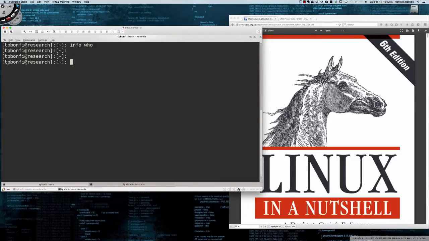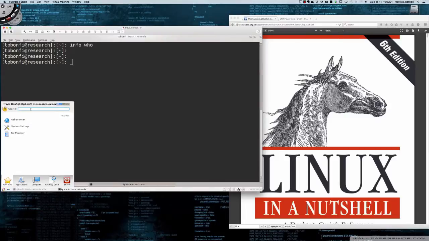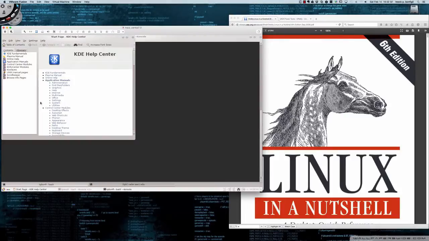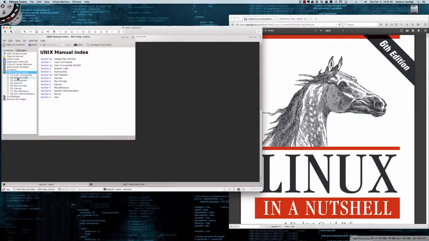Now, what you can also do, and I'm on, again, CentOS 7, and this is KDE as my window manager, if I just type in help and hit enter, you see the little life preserver pops up, and it's going to bounce here, and it's going to pull up a GUI window for me. So if you did have access to the GUI, you can get to the Unix man pages. And this is pretty nice. It breaks it down. You can actually select